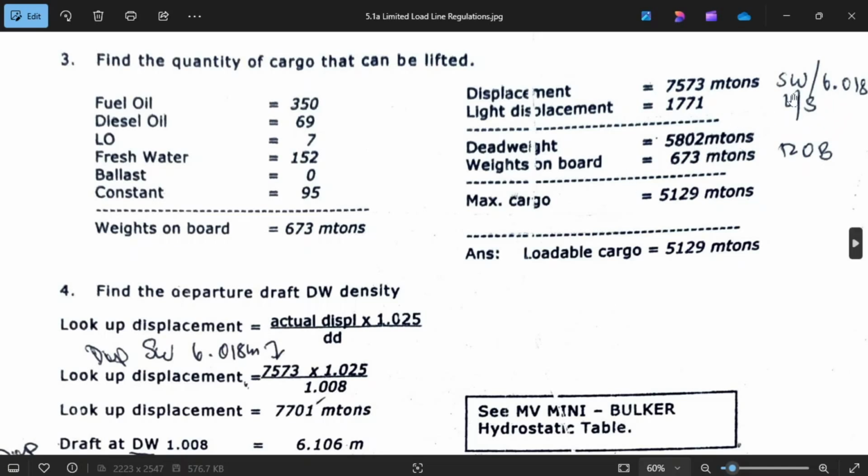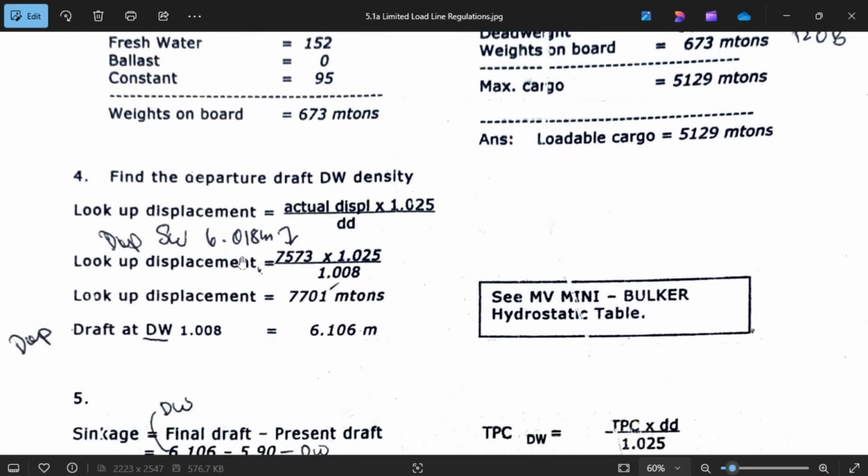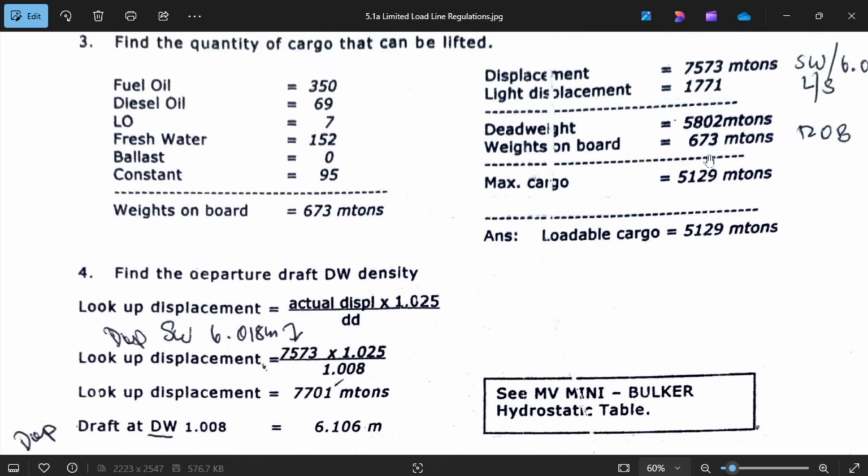So you convert the displacement of 7573 to dock water, to local density. So this is now find the departure drop of dock water density. The formula is actual displacement, which is your actual displacement of 7573, which is the salt water drop of 0.018, times your constant of 1.025 over your dock water density,